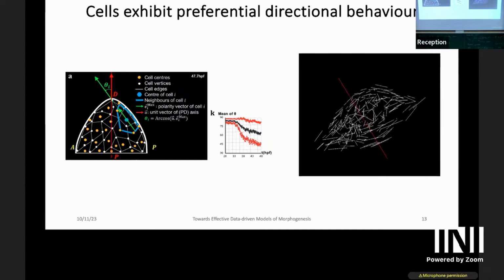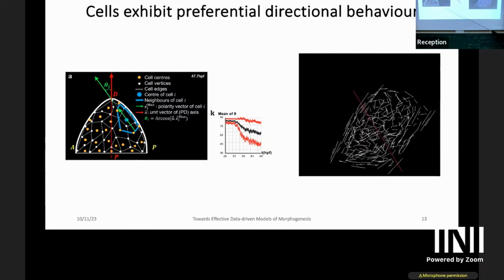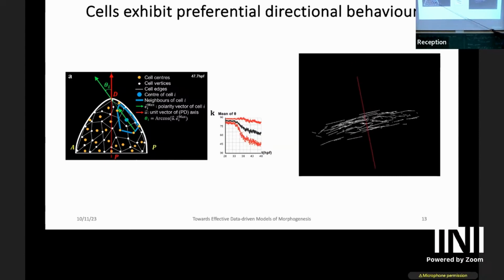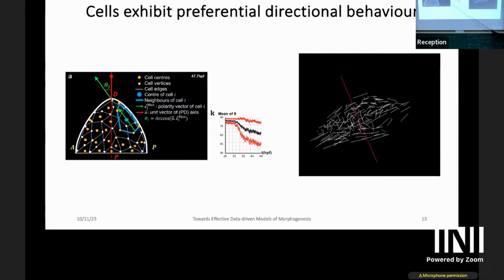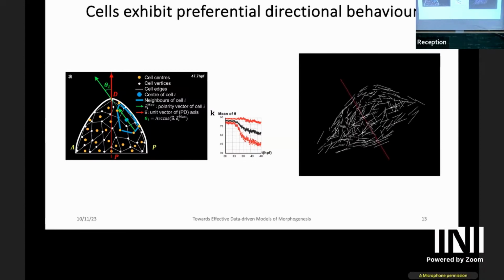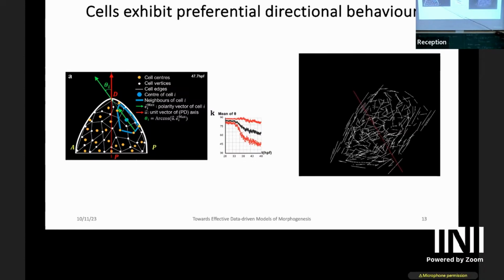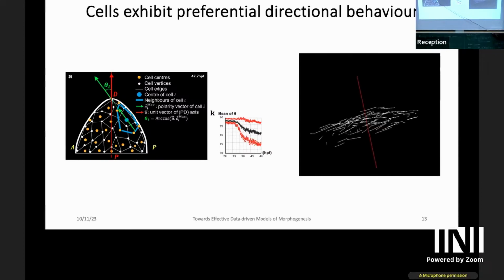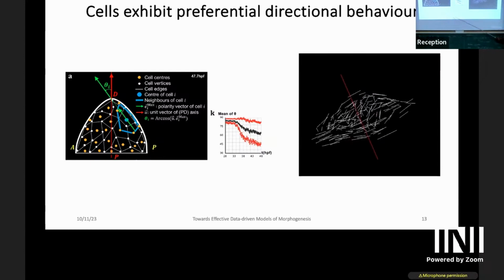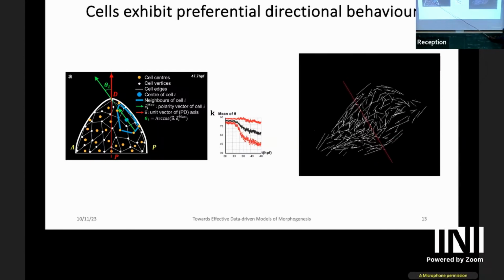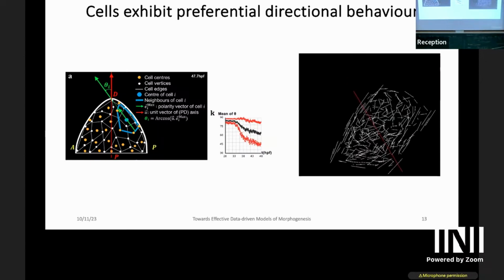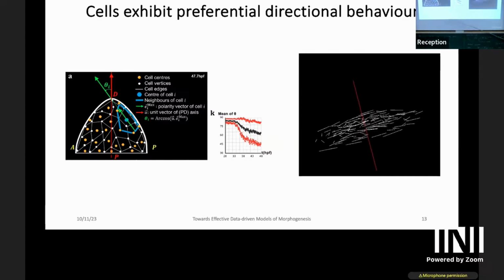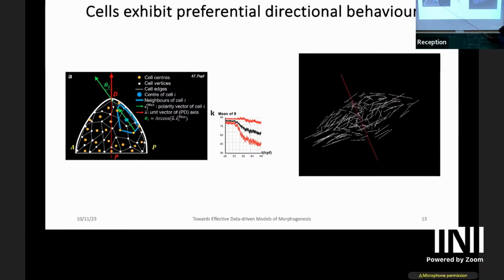Right. So we have the cell centers, which are given by the points we have, but here we also have, let's say, an imaginary cell shape, which we can get with a Voronoi tessellation. So we look at the longest elongation axis of every cell, and